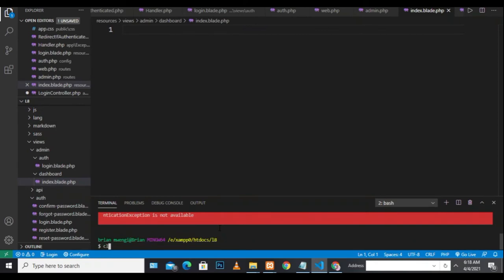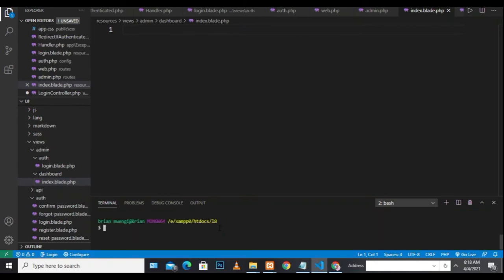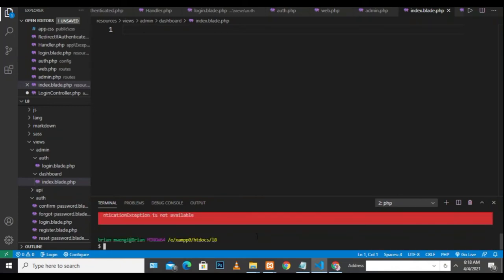There is an error here. Let me check again. So this should be php artisan make migration. So php artisan make migration create admins table should be this, and then once we hit this one, it should create for us